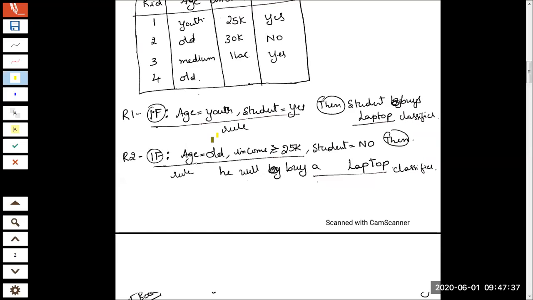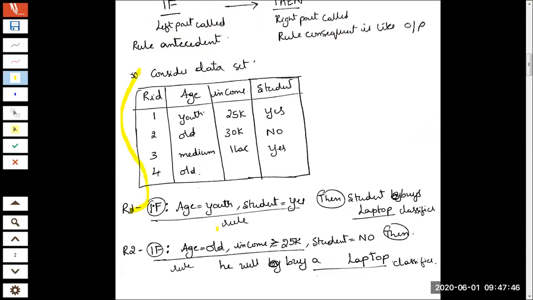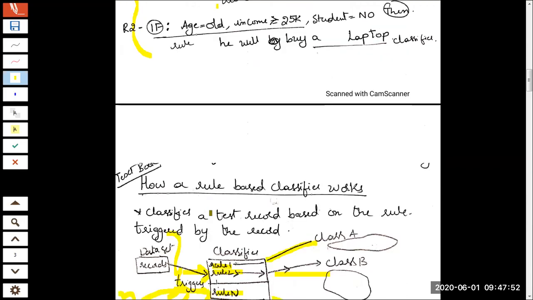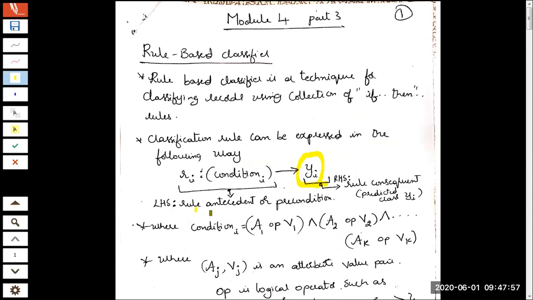Come out with your analysis. Please do analysis on this part. I'll leave it as an assignment. Whatever explanation was done, please analyze this and try to identify how rules have been constructed using the condition and the class. So this part I already explained, where a rule is sitting.